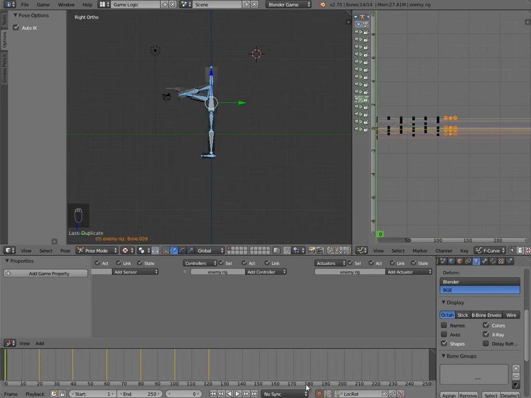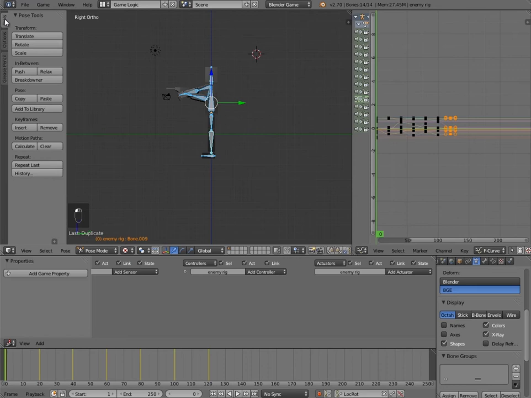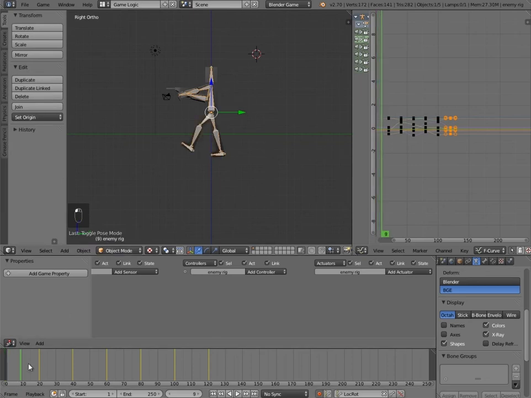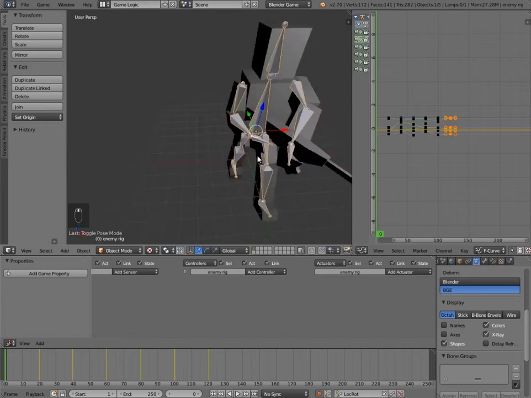Realize we didn't actually need frame 0, so we can go to frame 0 like that, go to our tools, and we can remove the keyframes there. So now we'll go back into object mode. However, I am going to do one more thing, and that is to add some finishing touches